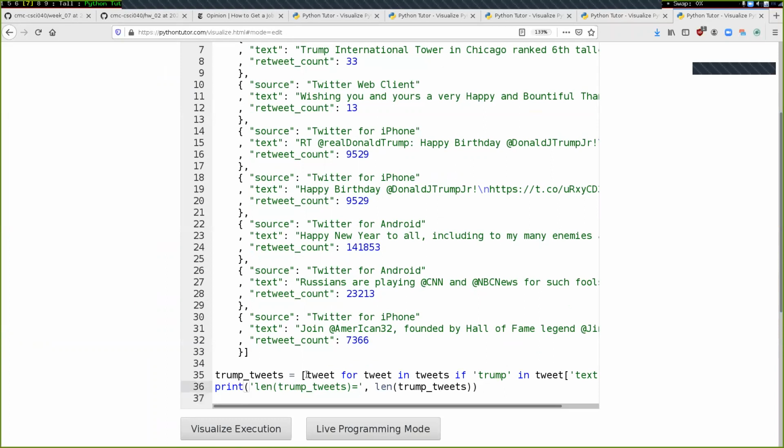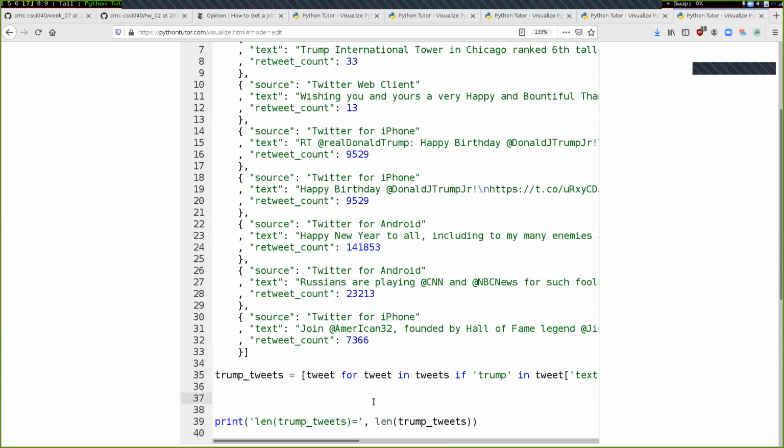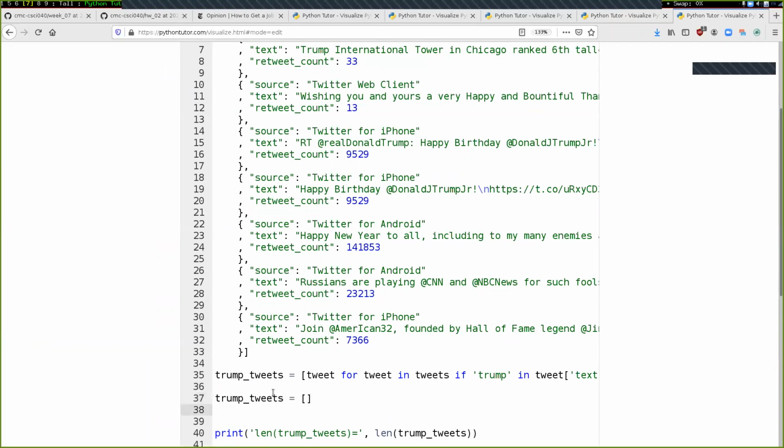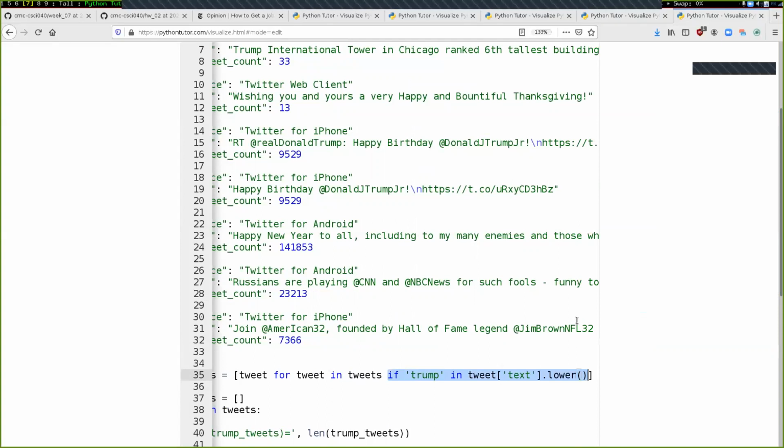And this is the way that you'll see list comprehensions come up most of the time while you're working. So this list comprehension, the way that we'll understand it is we'll do the desugaring process. So it's equivalent to Trump tweets starting off as the empty list. Then I just copy and paste this for tweet in tweets right here. For tweet in tweets. This again matches exactly this right here, everything up to the if starting at the for. And then because there's an if, this whole thing right here, I just copy and paste that